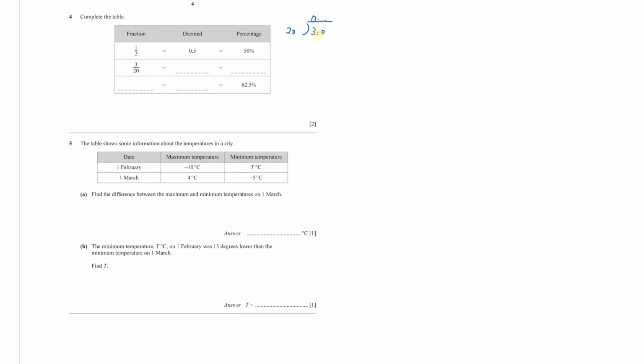So if you divide 30 by 20, 20 times 1 is 20. You get a remainder of 10. You add another 0, bring it down, 100, and 20 times 5 is 100, and you get a 0 in the remainder. So this as a decimal would be 0.15. Then you have to convert it into a percentage, which is basically multiplying it by 100. So 0.15 multiplied by 100 would be very simple. You move the decimal 2 places to the right since you have 2 zeros in 100, so you get 15%